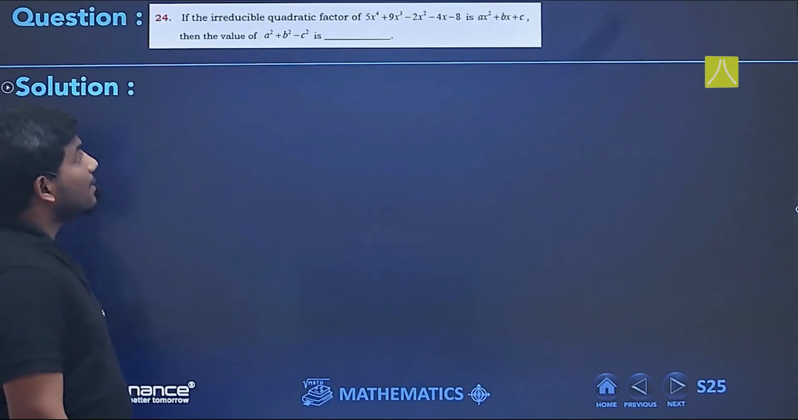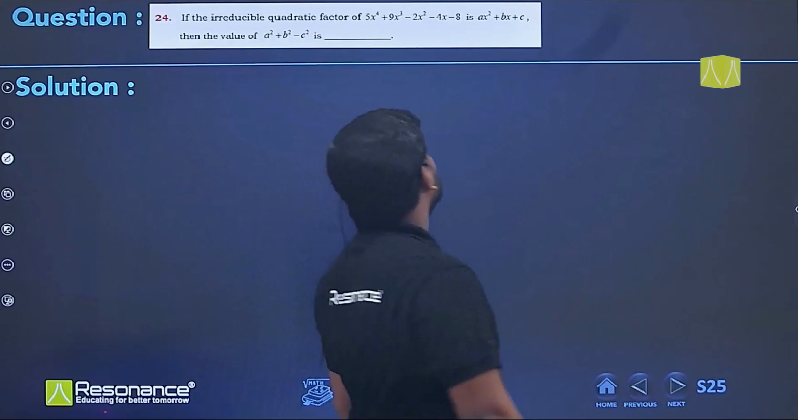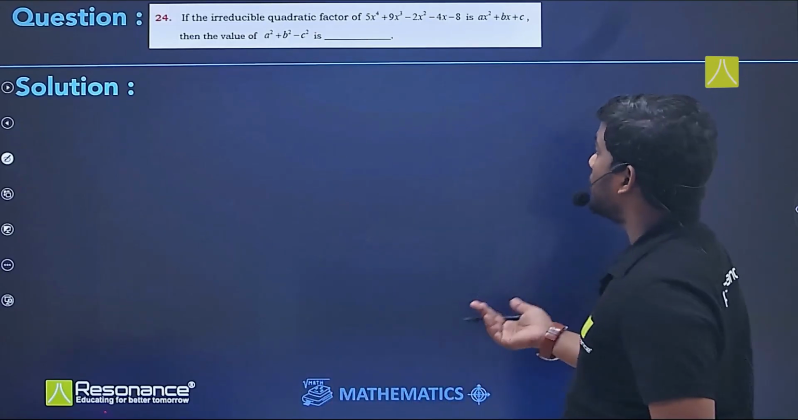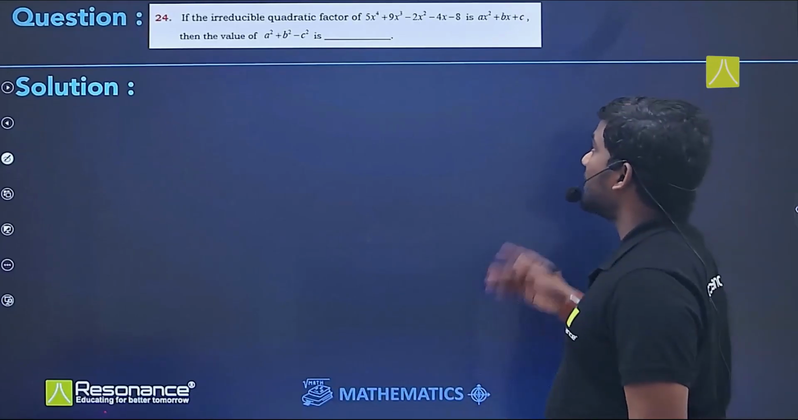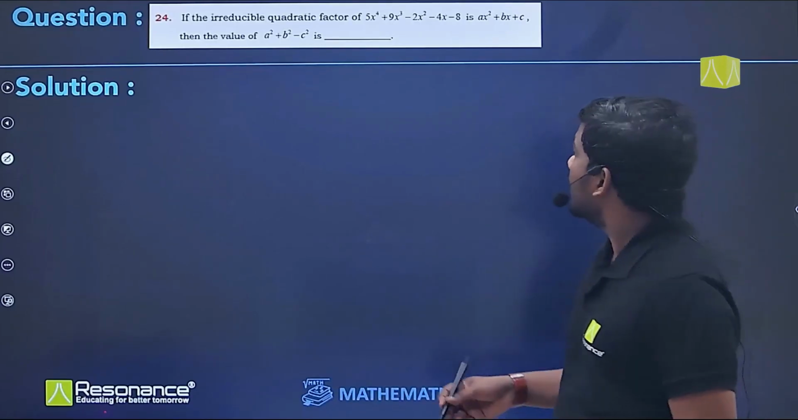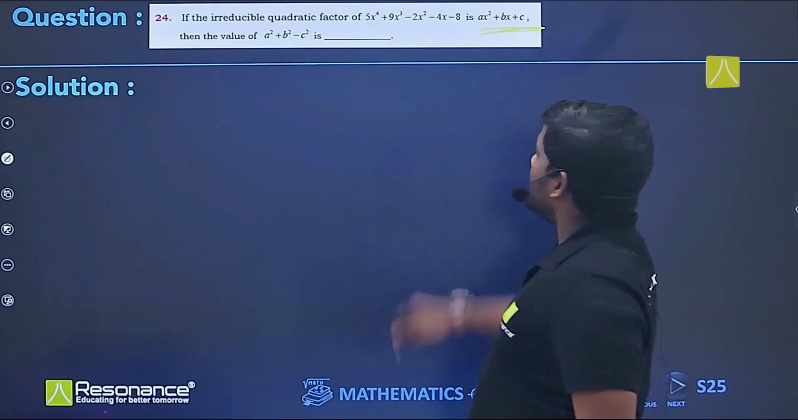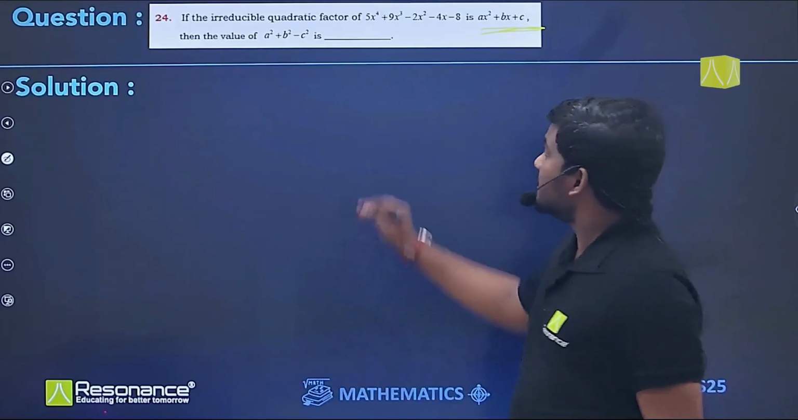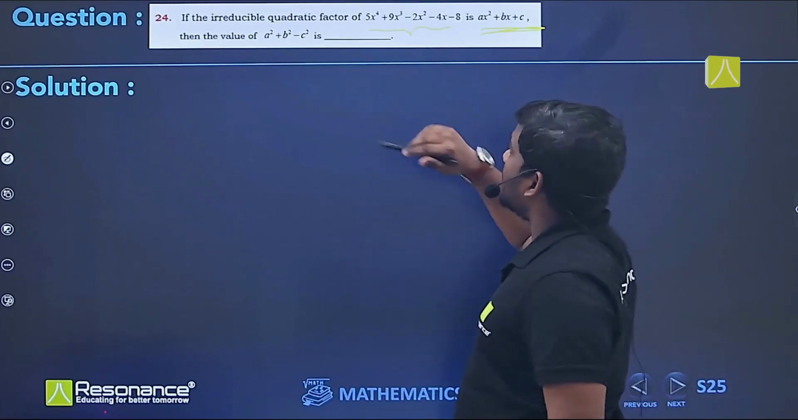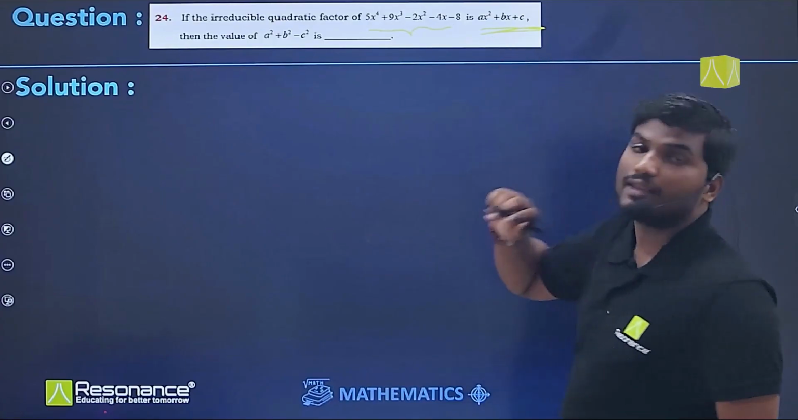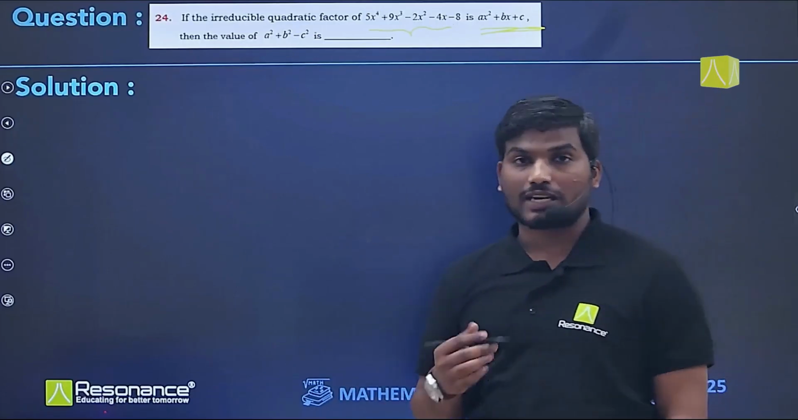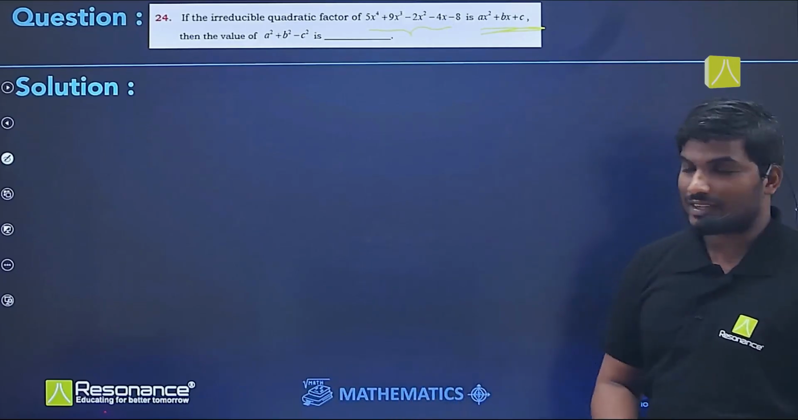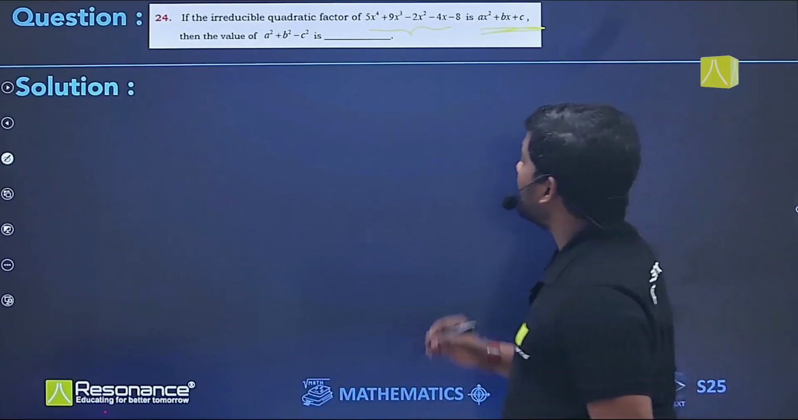Now again, the irreducible quadratic factor of 5x^4 + 9x^3 - 2x^2 - 4x - 8. So this is an irreducible factor. Obviously, since this is a biquadratic of degree 4 and this is a quadratic, there are two other factors which are linear, and they combine to give a quadratic. So if we can just